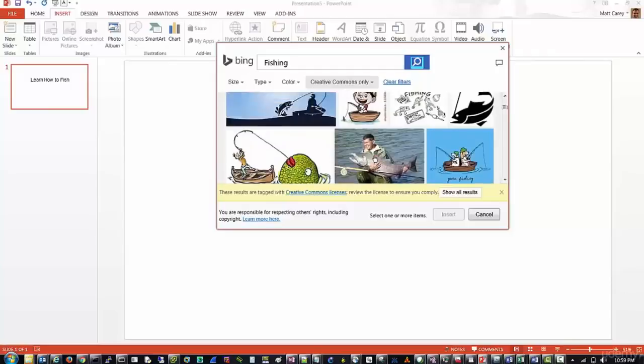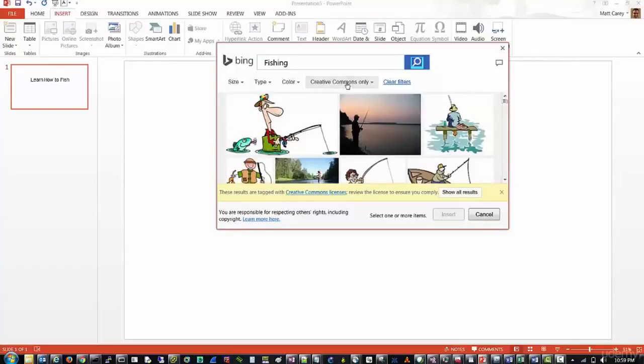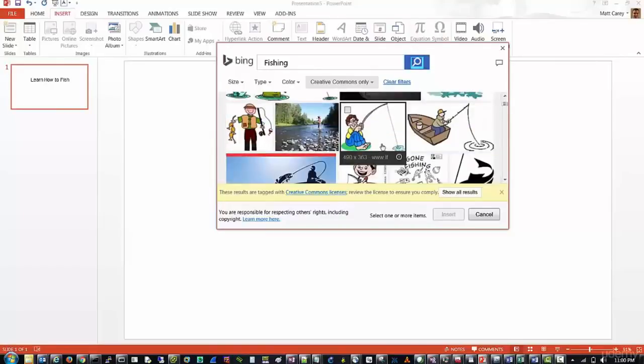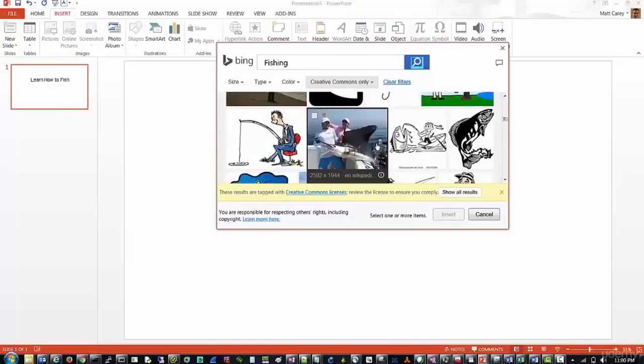Now the coolest part about this searching feature is that it comes up automatically and it filters you to images that are under the Creative Commons license. So Creative Commons licensing allows you to reuse other people's work for tweaking or redistributing with your creation. So we actually have the ability to pick any of these images and feel confident that we can utilize them